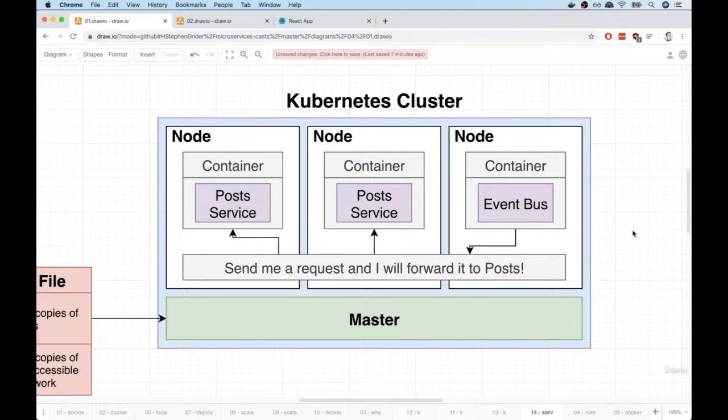Okay, so that's just a very brief introduction to Kubernetes and why we care about it in the world of microservices. So we're going to take a pause right here and then start to discuss Docker a little bit more and get